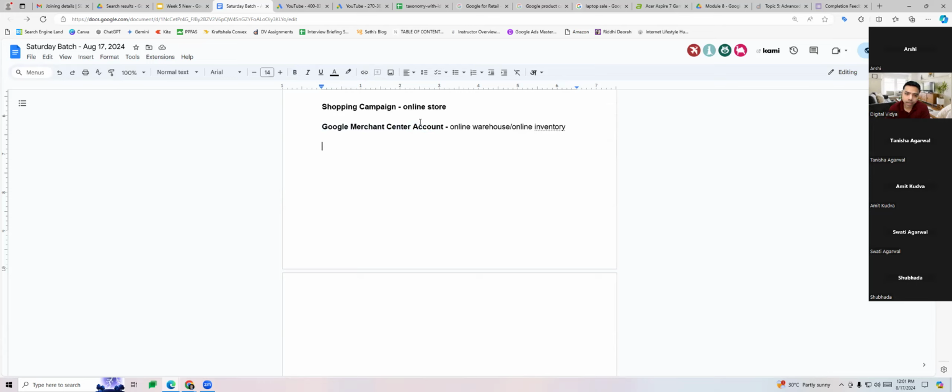And once you open an account with them, you will upload all your products which you want to sell. Okay. Once you upload all your products, then you are going to link this account with your Google Ads, and then we can create the shopping campaign. That is the process to set up shopping campaigns inside our Google Ads account.